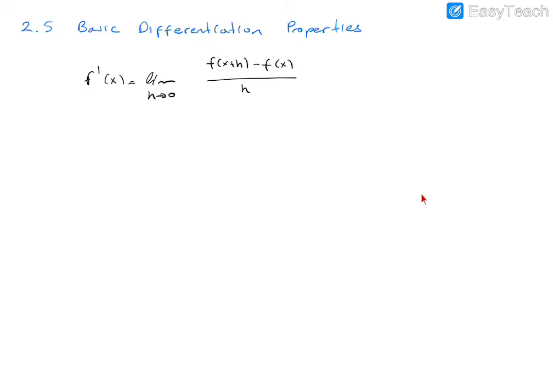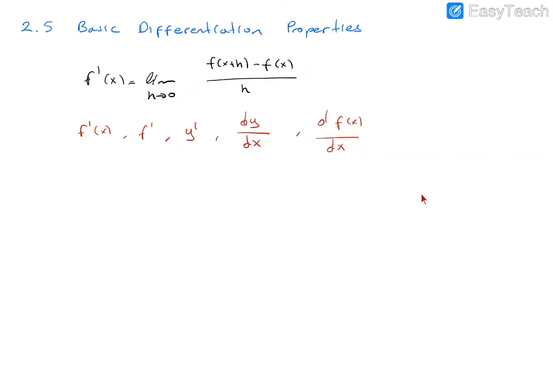Before exploring these rules, we will list some symbols that are often used to represent derivatives. One of them is f prime of x. Sometimes we just write f prime. Instead of f of x, we can use y, so y prime is also the derivative of our function. And we have Leibniz notation, which is dy over dx. This means the derivative of y with respect to x, and similarly the notation for the derivative of f of x with respect to x can be used. All of them represent the derivative.